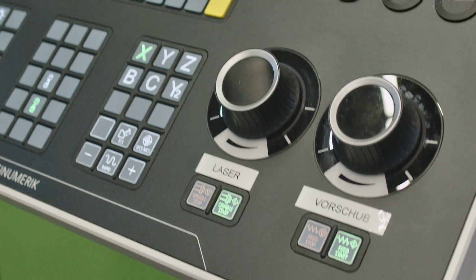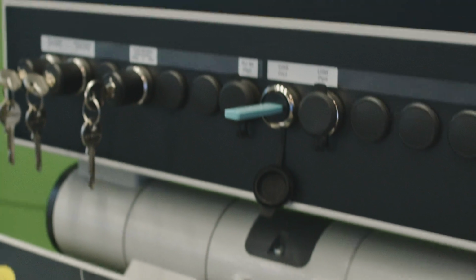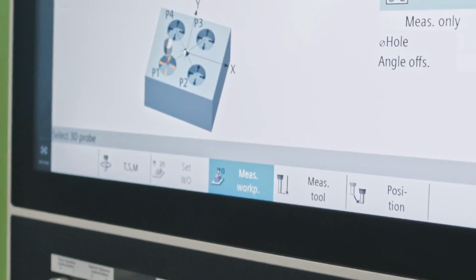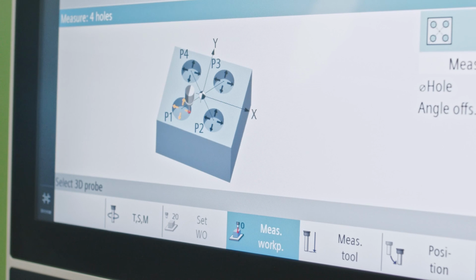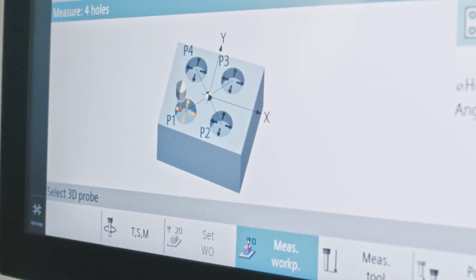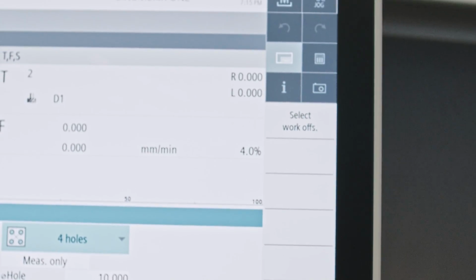This means that CNC programs can be ported from Sinomeric 828 and 840 to Sinomeric One without any modifications, just as long as the machines are from the same manufacturer, so that the CNCs have identical parameter settings.